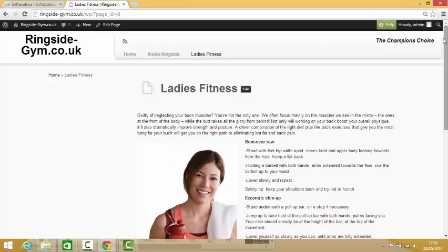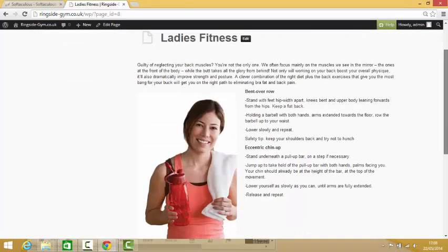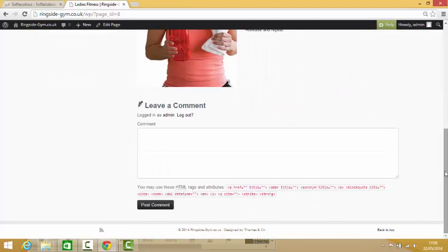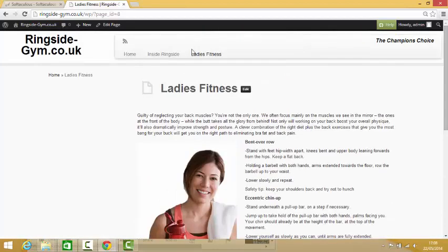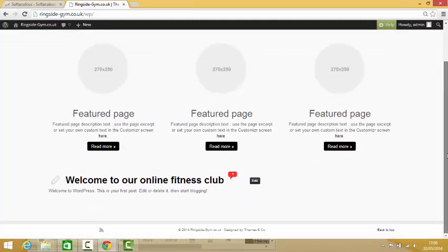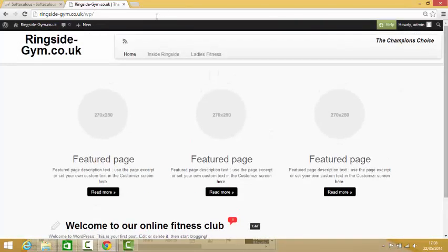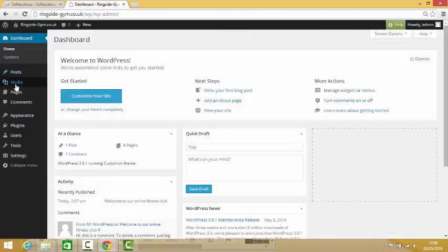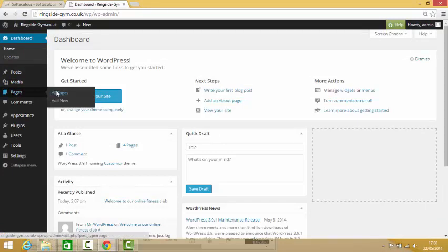So let's take a look how you remove the comment side of things. You may not want to remove it, or you may want to keep it on, and each one of these has a link to the home page, which is here. Now let's see if the home page has comments on. No, it doesn't. So what I'm going to do now is show you how to remove the comments. So go back to your dashboard, and then we go to pages, go to all pages,